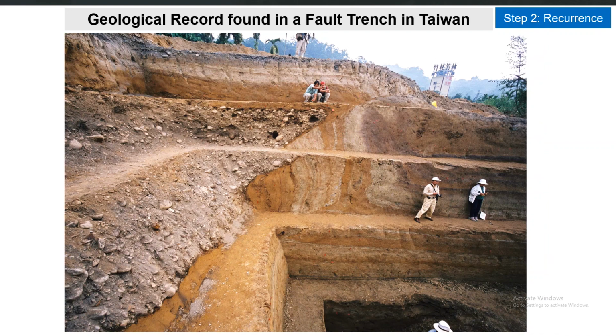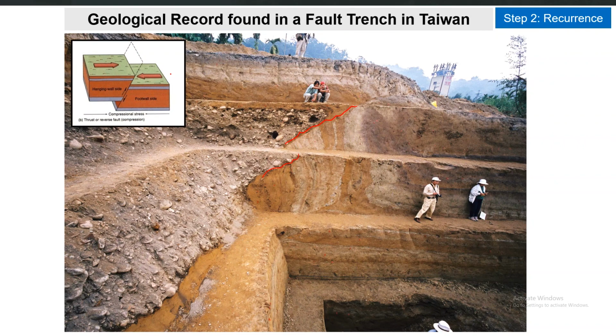in history. So here is another picture from the same fault trenching in Taiwan. You can see a trace of the relative movement of one soil layer compared to the other. Seismologists conduct these kinds of studies and publish their results, and the data can be used to get information about past historical activities. You can see that a relative slip of this type, which is the thrust or reverse type, can be traced back from this digging process and fault trenching.